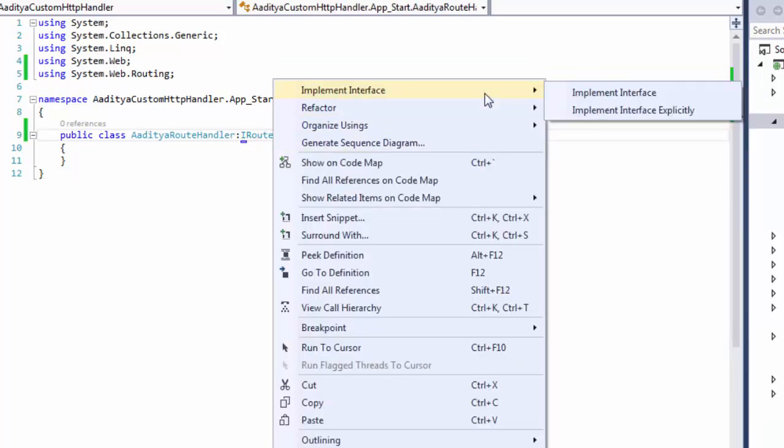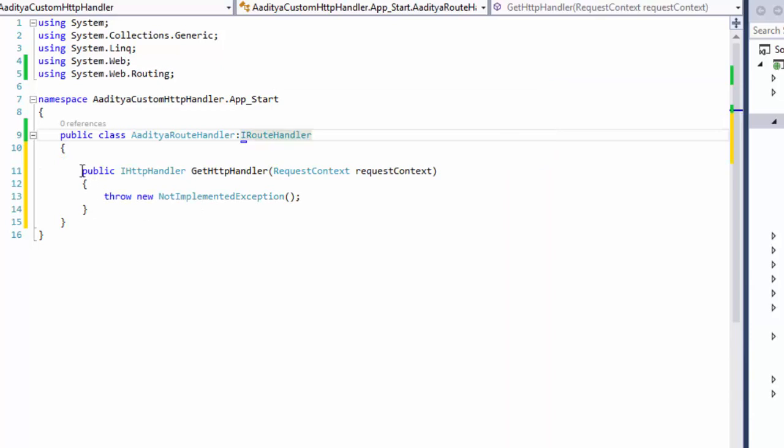Now implement this interface called IRouteHandler. As you can see, when we implemented our interface, you get to see the method which returns IHttpHandler and whose name is GetHttpHandler. Now here in this route handler, which is Aditya route handler, we are going to return our new HTTP handler